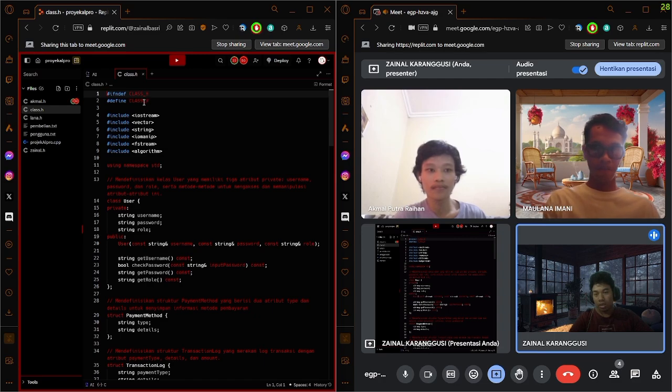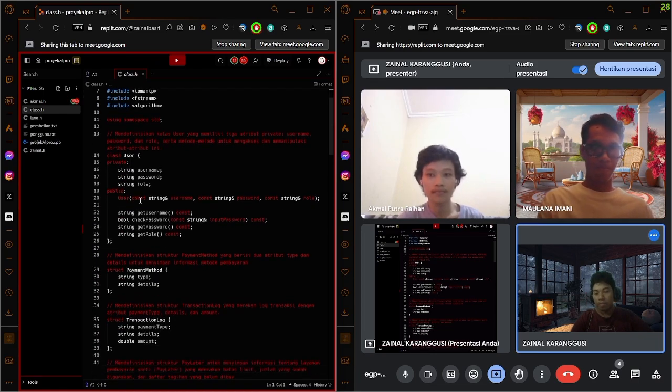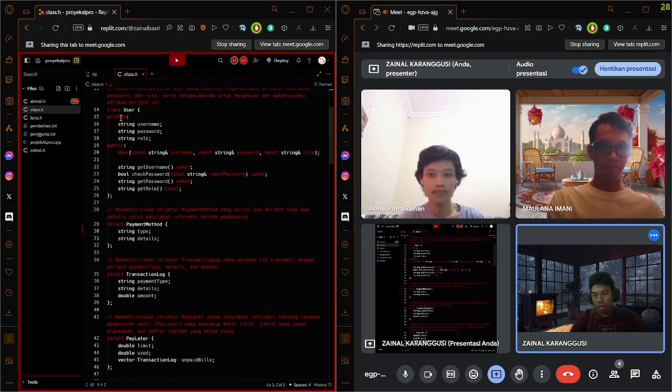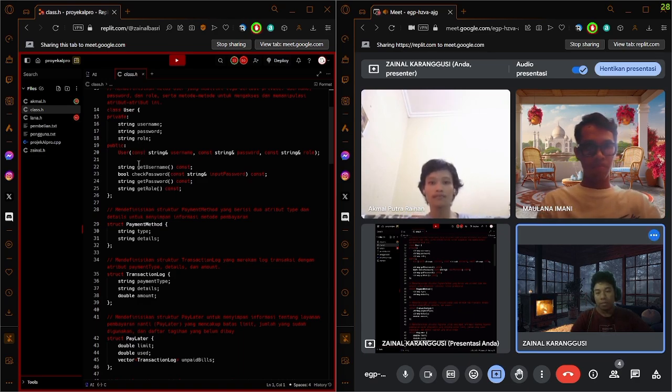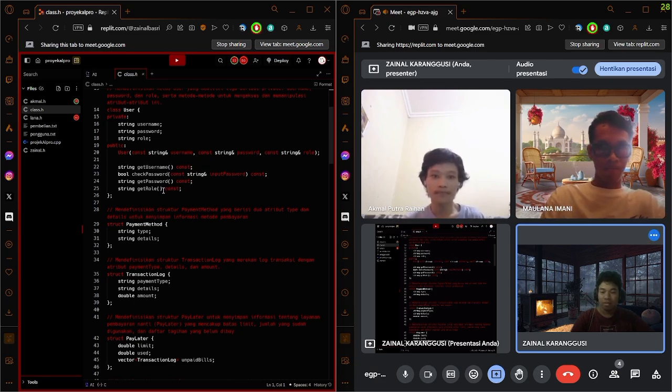In class.h, first we use define class.h to define the file, and then we include iostream, vector, string, iomanip, fstream, and algorithm. Here there's class user, which defines username, password, and role, and it's for logging in.